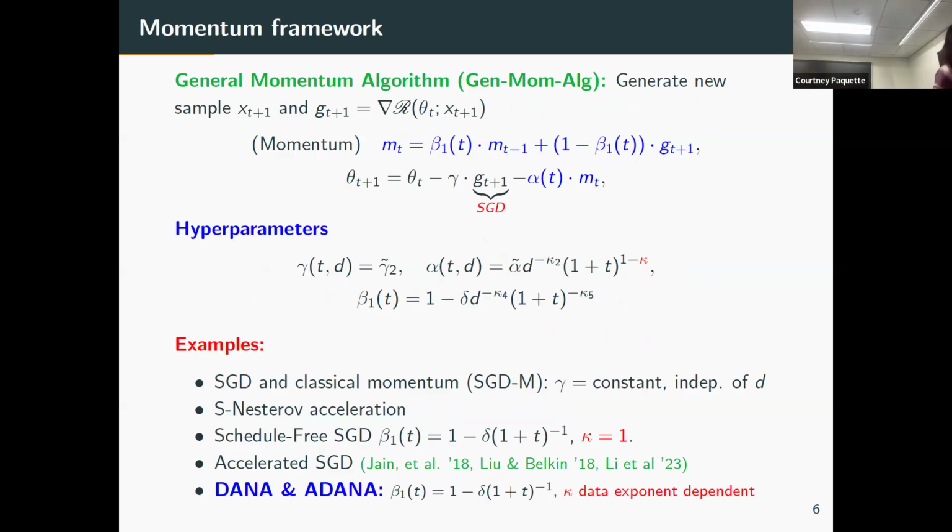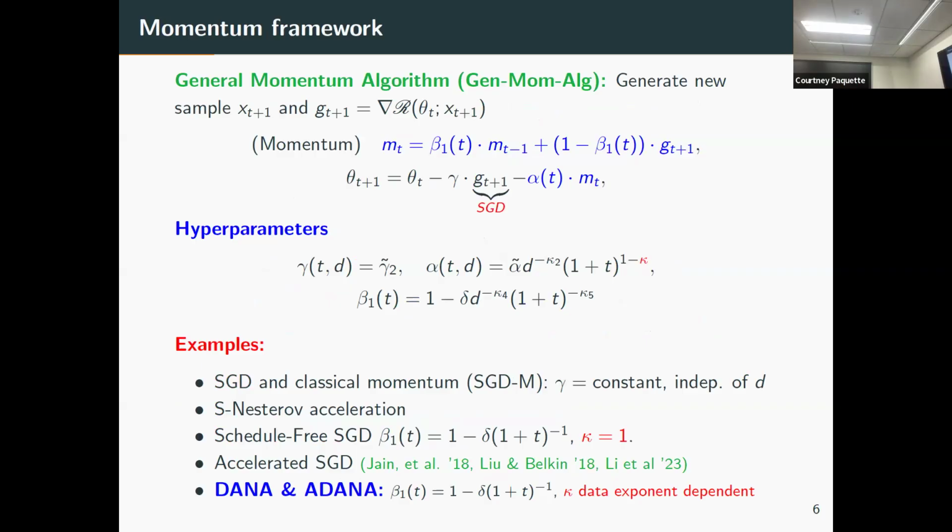So what I was mostly interested in doing is, when you start to do stochastic things and you want to do scaling, you need to understand how all these hyperparameters depend on time and on model size. So on the whole, T and D. So what we're interested in is doing this.